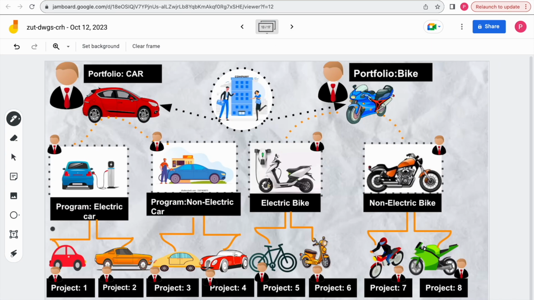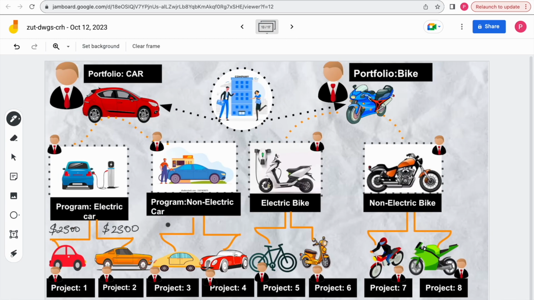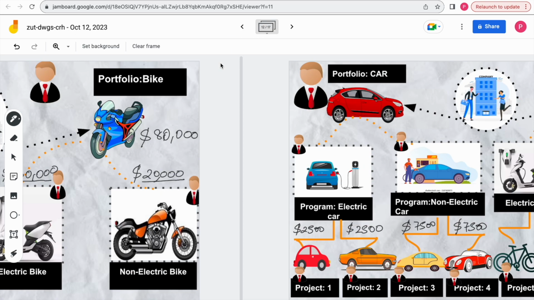So now he is going to give, let's say, 2,500 and 2,500 to both the projects. Now, non-electric car, how was the budget? 15,000. So 7,500 each. This program manager has decided to give equally. Now on electric bikes, you can see